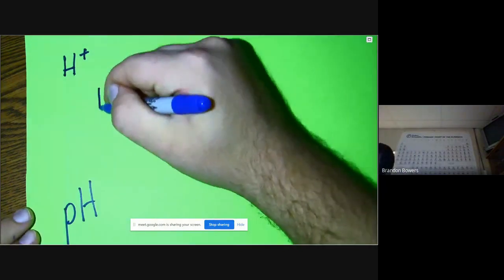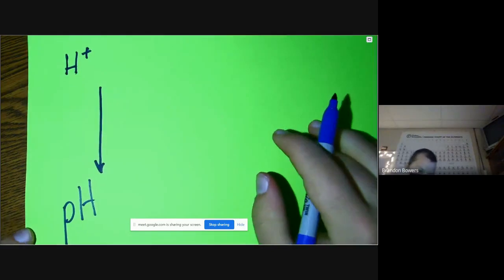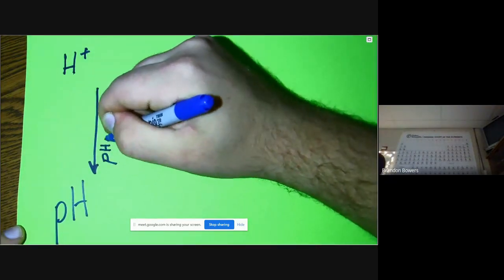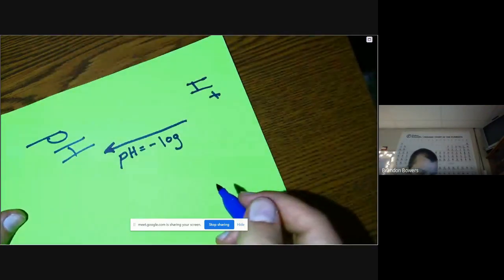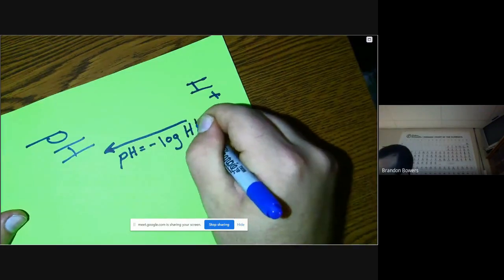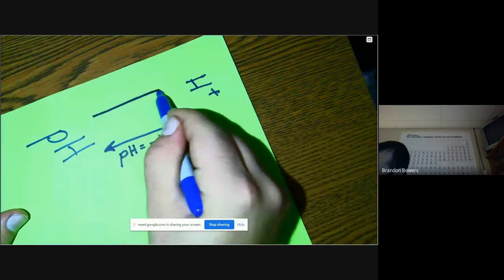I'm going to draw an arrow from H to pH. Okay? The pH is equal to negative log function. I'm going to turn sideways. Negative log function of the H plus value. Okay? And if you're going the other way, pH to H value,